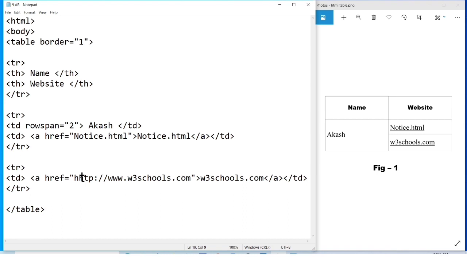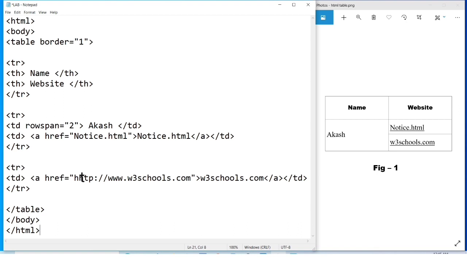And then you have to close the table tag also. Table is our tag, not border. Border is an attribute. So you must use table here, only table close. You have to close table. Then close the body tag also. And last one, you have to close HTML also, right? So my dear students, this is our actual HTML code. So you have to write this way in your exam copy or in your paper.